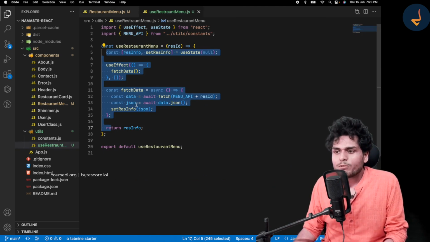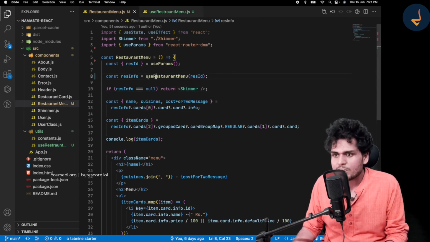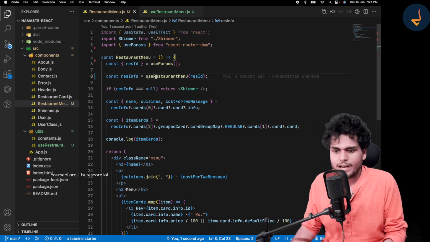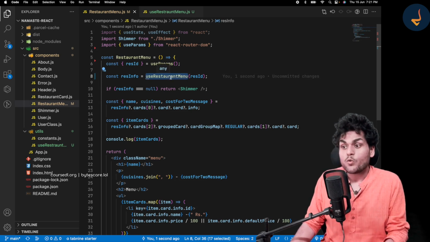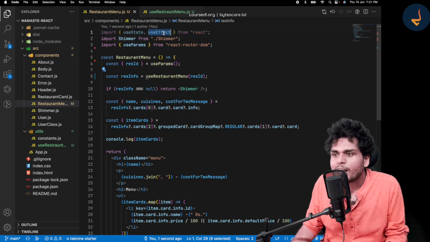So now we have got this. Now let me save it, and fingers crossed, let's see if it works or not, right? Hopefully it should work. How will it work? But no, why would it work? We have just created it. We need to import it also, right? And now we don't need the old logic.